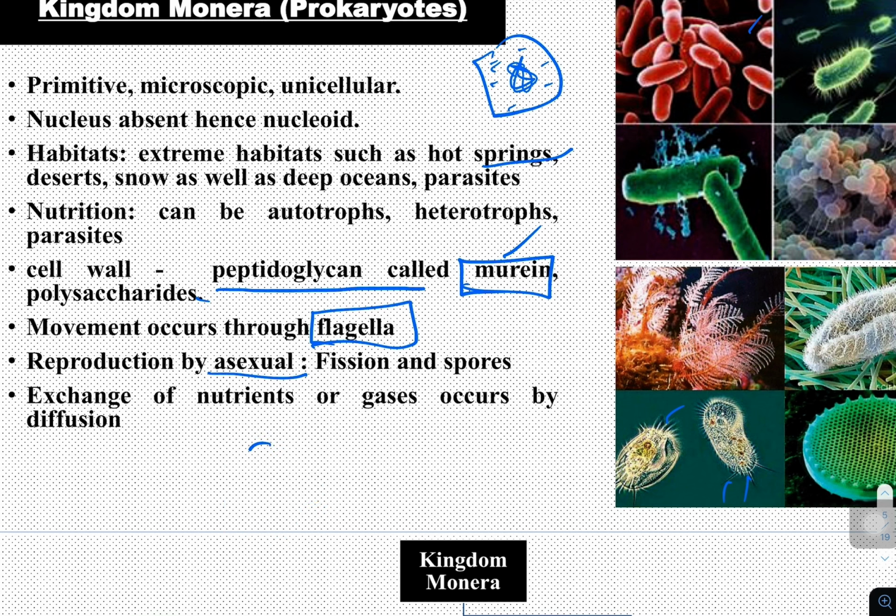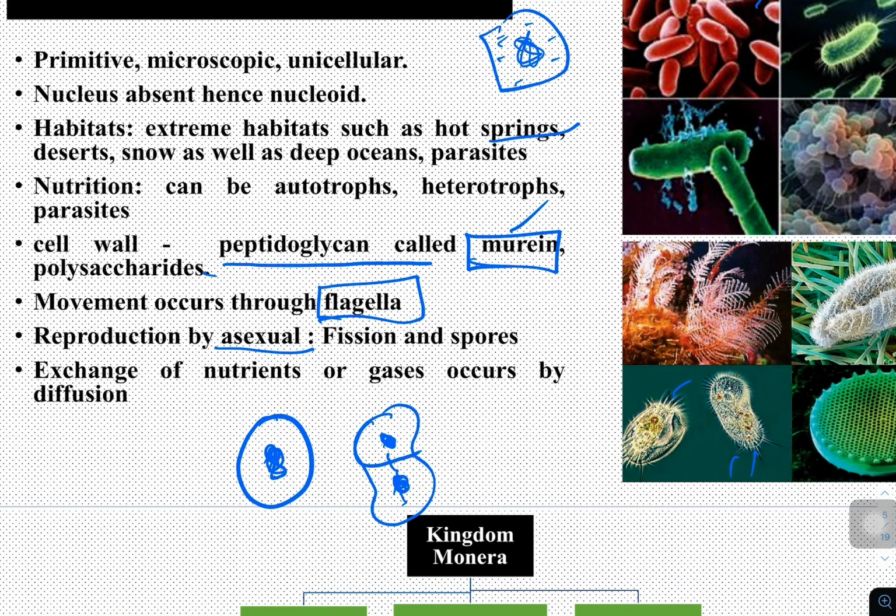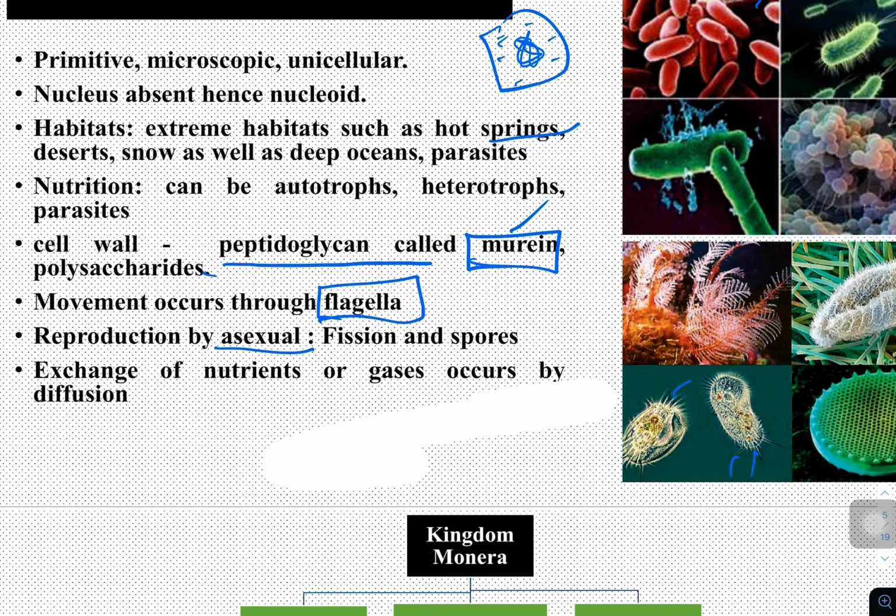See here, the bacteria is here, it is having a nucleoid. When the time of reproduction comes, part of the DNA starts splitting. Some amount of the DNA goes up, some amount of the DNA comes down, and then the two cells get divided, and hence two new cells are formed. It is simple fission. Here no two organisms are involved, only a single organism giving rise to another organism.